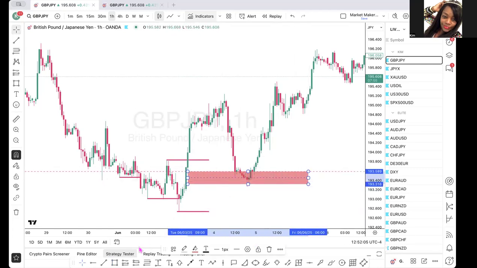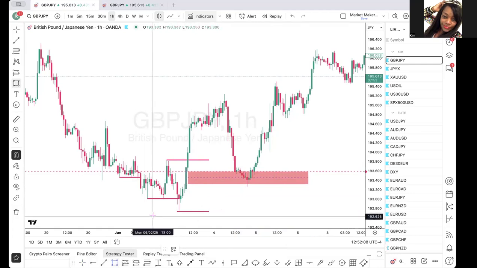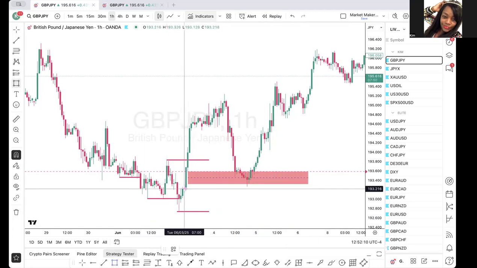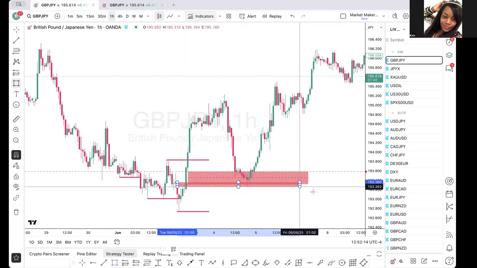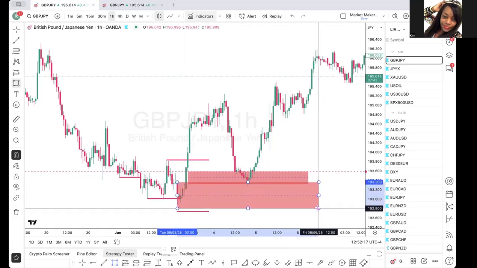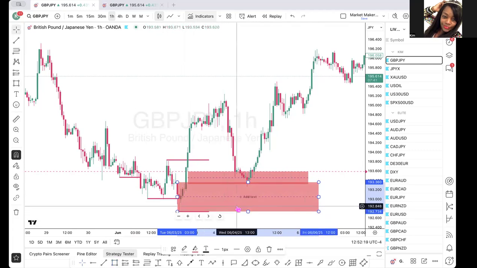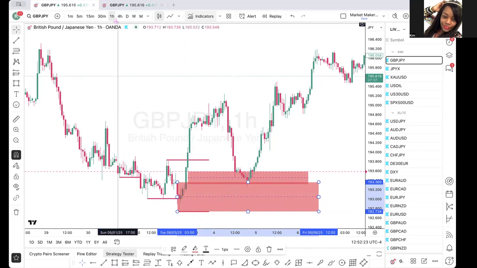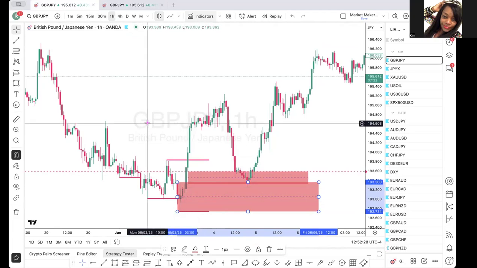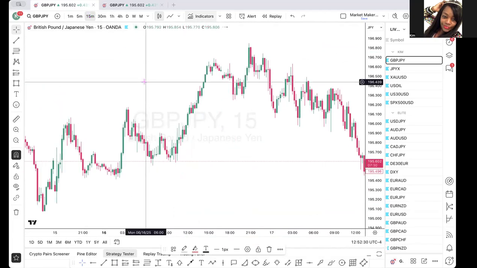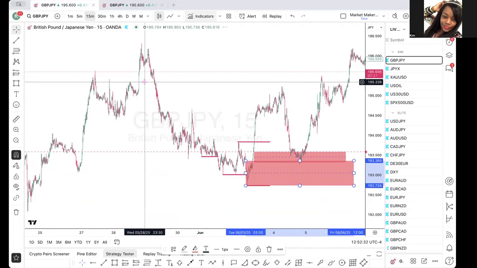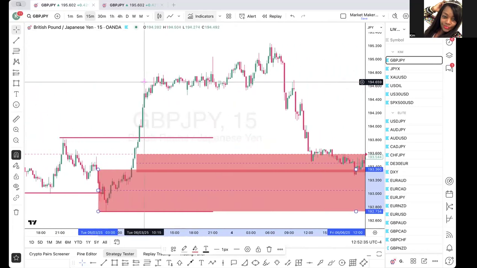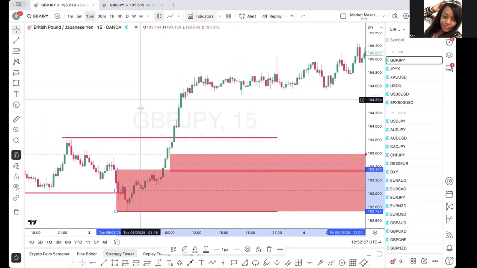Okay. If I'm trading my demand zone, remember, I said if I have 2 red candles, I'll trade both the candles. And then I'll go down to my 15-minute. Usually I mark it up on the 1 hour. I'll go to the 15-minute. If it makes sense for me, then I'll mark up my 15. And if price doesn't come back to that zone, then